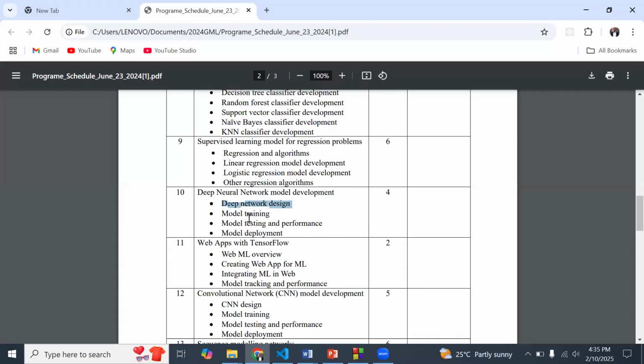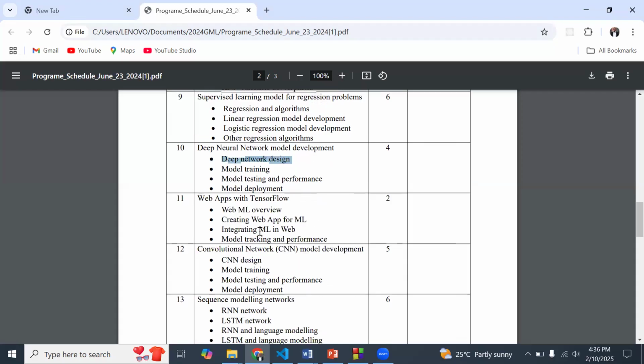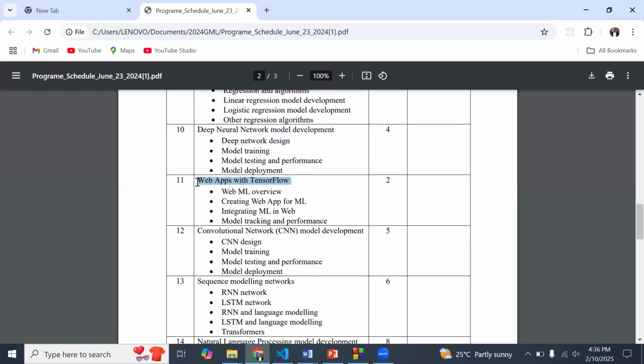It's just, in most cases, a matter of increasing the number of hidden layers as far as your network architecture is concerned. So we looked at that, and we went to a situation where we were deploying some of these models that we built onto web applications. And for this year, once again, we did a review, and we saw that last year we did a little bit of Django and then Flask, but that's a whole lesson altogether.